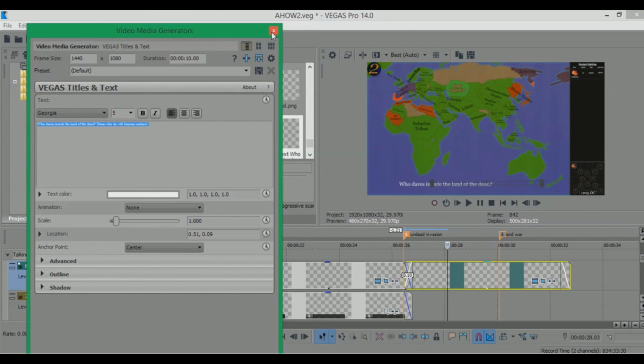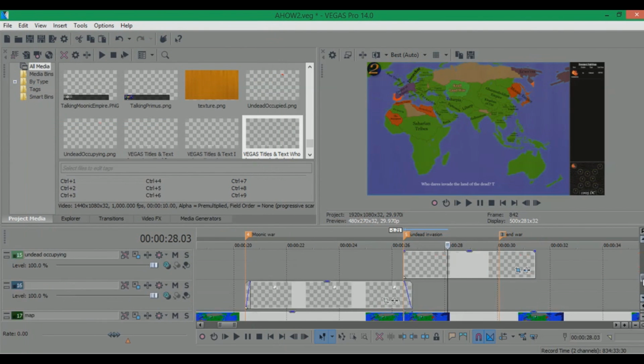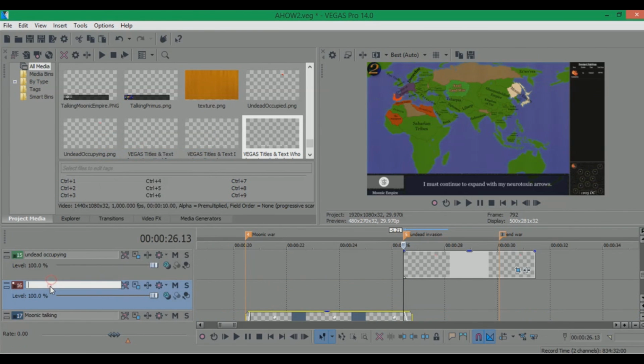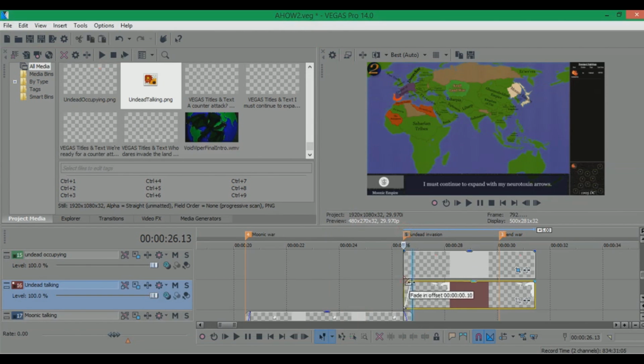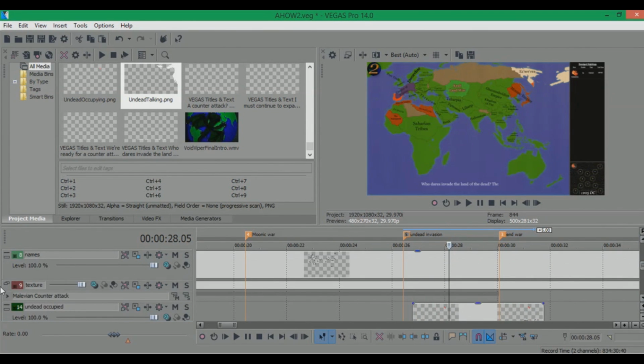And I can't get the right size because I don't have the text box with me. I'm just going to zoom 6, but yeah. Generally speaking, okay, this is mood talking, and then I'm going to create undead talking. The only reason I'm calling this undead is because I actually don't know how to spell this. Viper, really? You don't know how to spell your own nations? Yeah, unfortunately I don't. And now you can see that they're talking while that's moving as well, and while this war is still happening. It's just probably not that noticeable, but